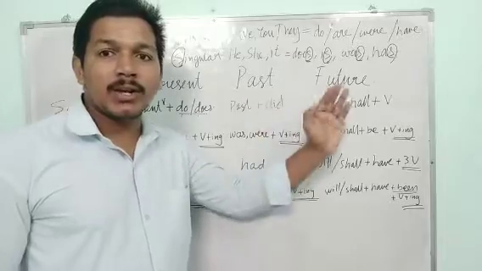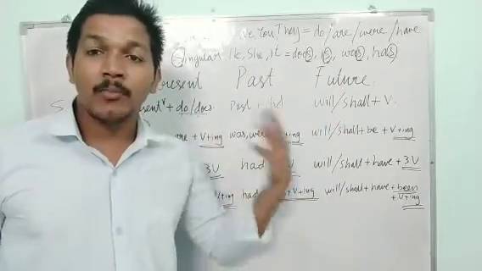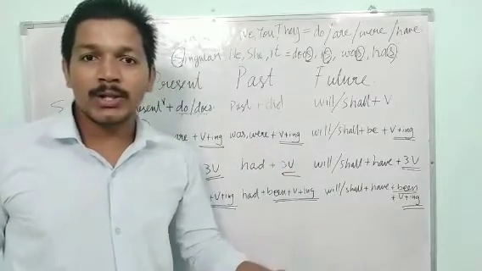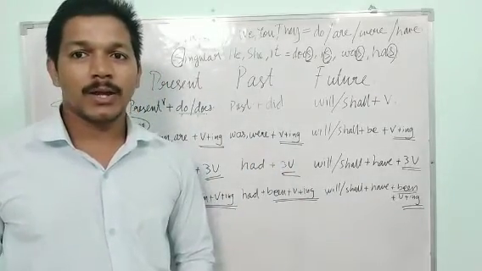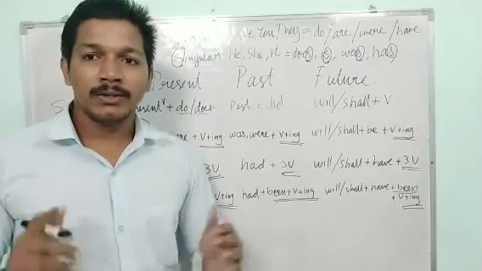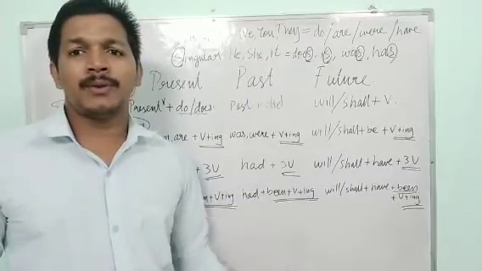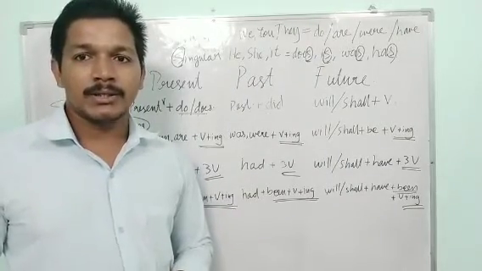Okay. When singular is there, the auxiliary verb which is ending with S is used, and when plural is there, the one which is not ending with S is used. Okay. So this is also another technique. So if you keep these things in mind, it is very easy to understand the tenses. So very easily you can understand this.